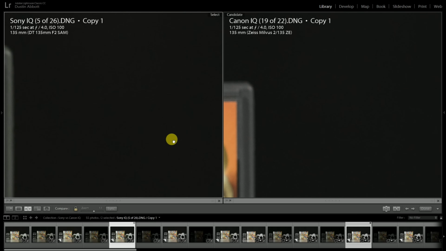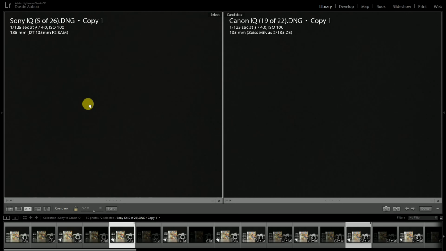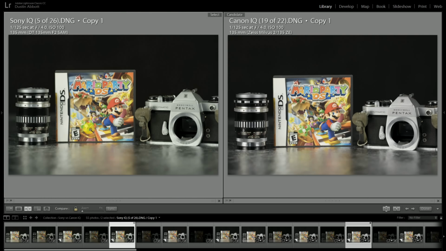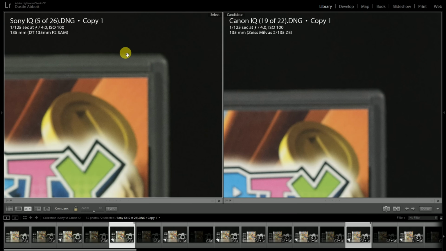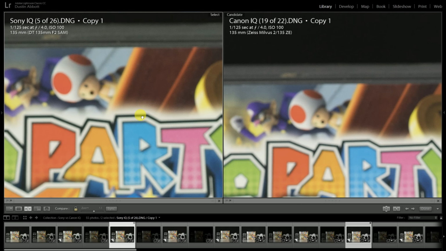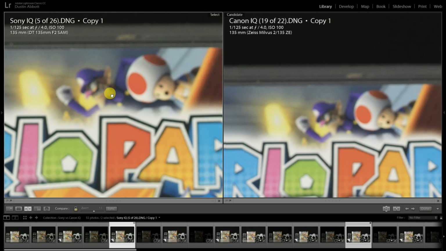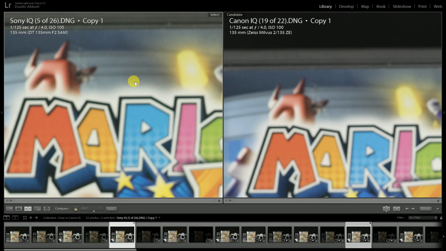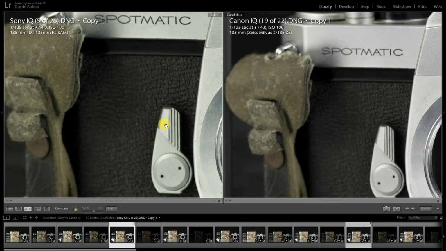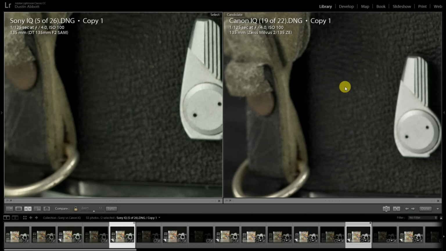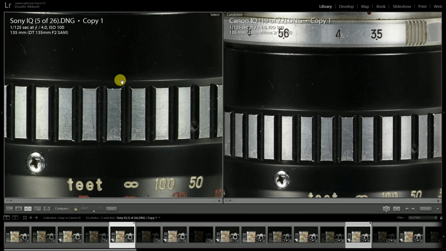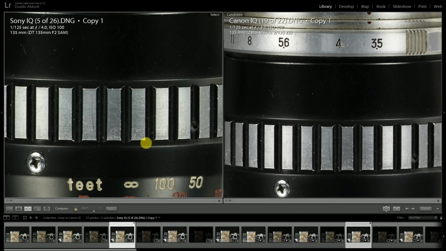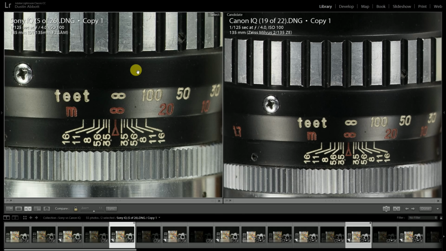Now in our 2-stop recovery, we can see that both of them still look pretty much similar. They're nice and even in the area that should be completely black back there. Looking at this transition area, we didn't see any fringing on the Sony as we walked through this, and we're not seeing any on the Canon as well. Looking at the pixel roughness and how colors are holding up, at this stage they look roughly equal to me. In this area we're not really seeing any color banding on either one of them, and the Canon is holding up nicely with the two-stop transition